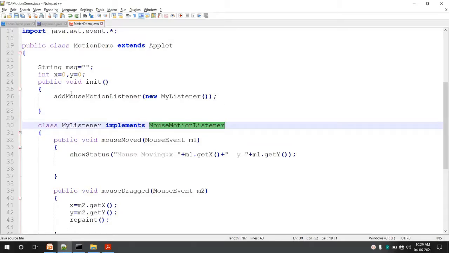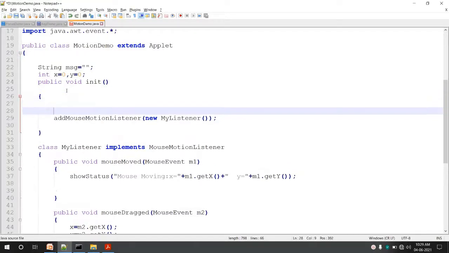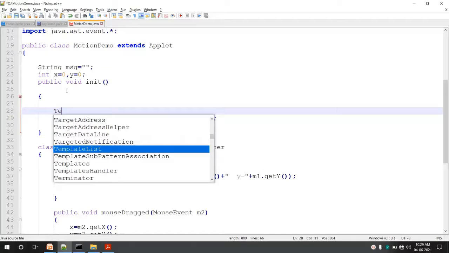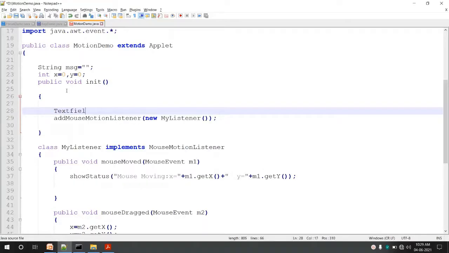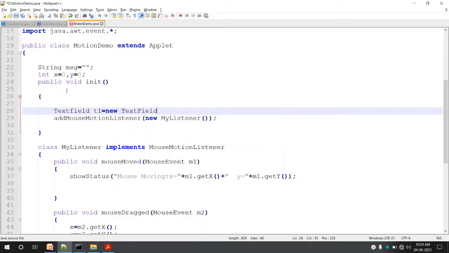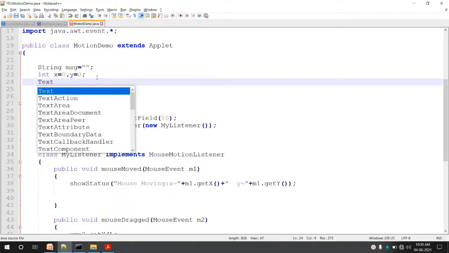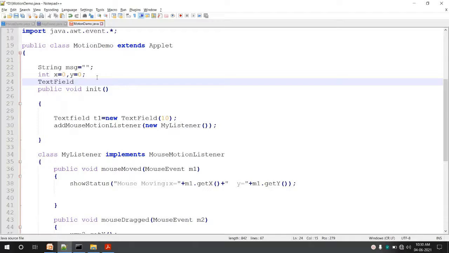In this program, as I know, we need some more components. The components are the text field, so I'll create a text field here. TextField t1 is equal to new TextField. The size I'll define as 10 for the text field. The declaration of the text field, I'll add it in the class section. So I'll say TextField t1 here.